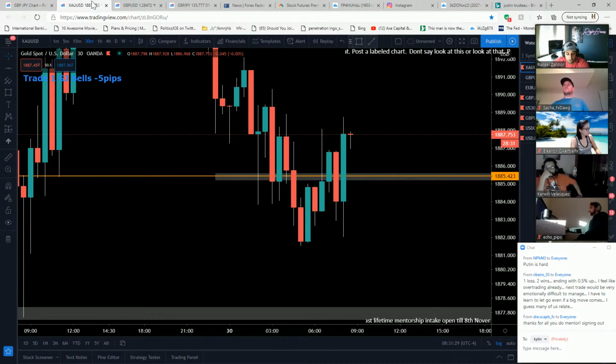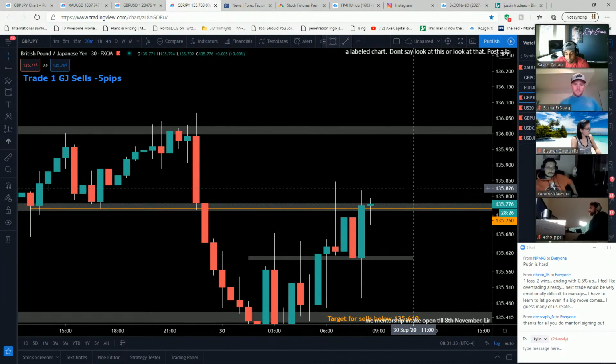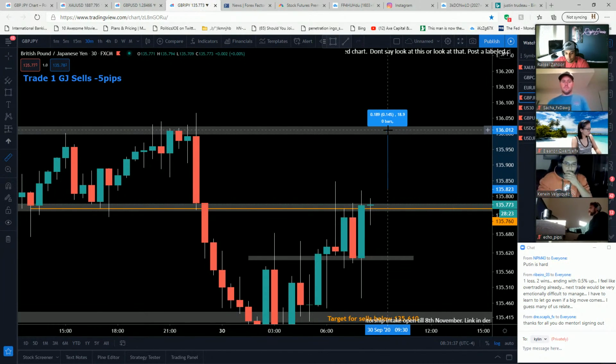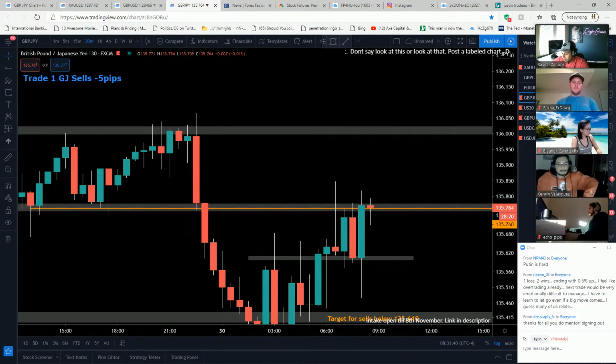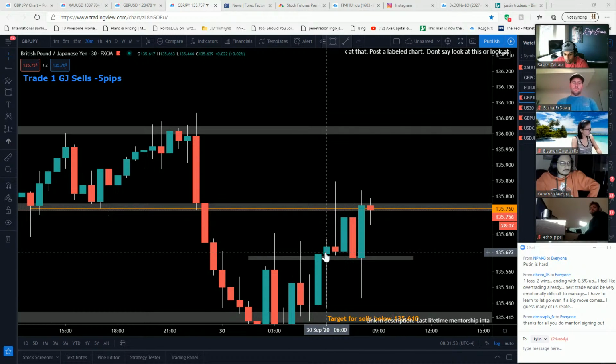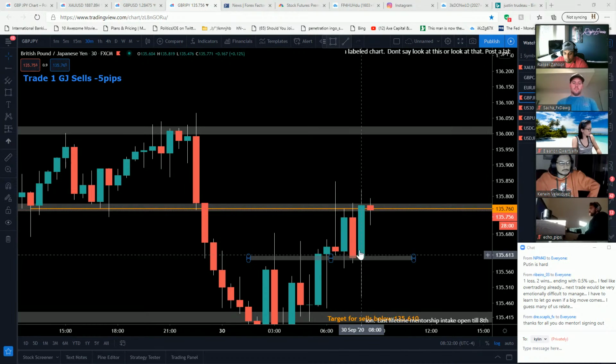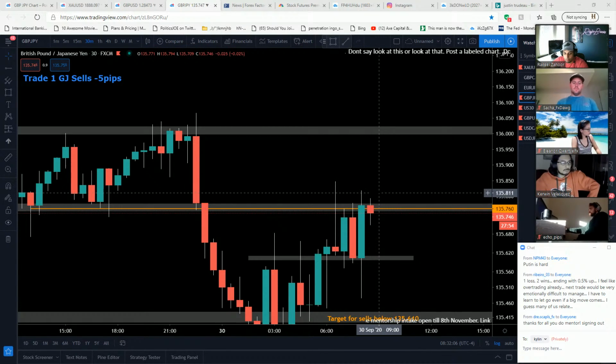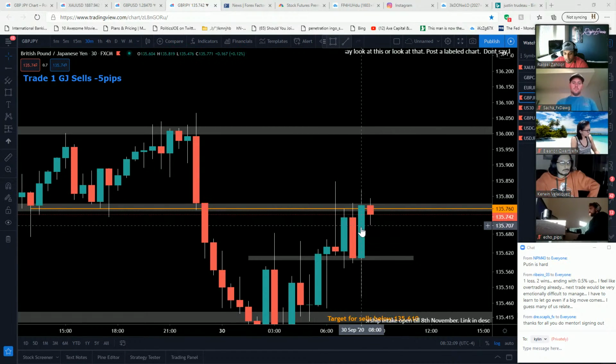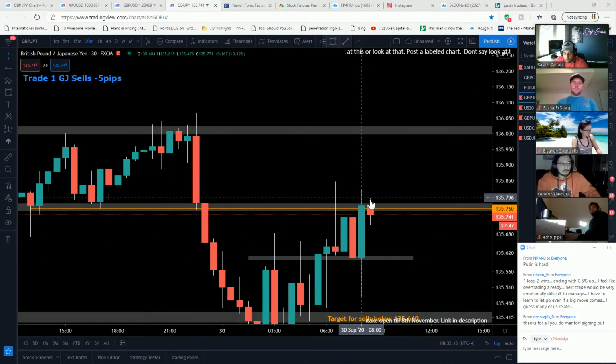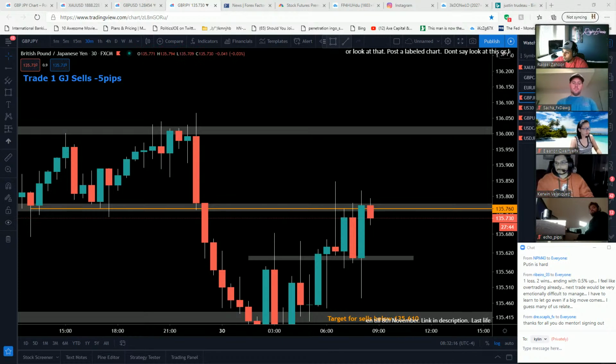Look at this GU, gold. Is it a good entry at the break of the previous high for buys at GJ? Yes, I believe so, because we haven't had volume since pre-NY. This candle is very volatile here, right? Because it broke the low, it broke the high, closed above. So if there's going to be volume coming, this is the time. And since this candle was filled with volume, closing bullish over here, and this is a 30-minute time frame,